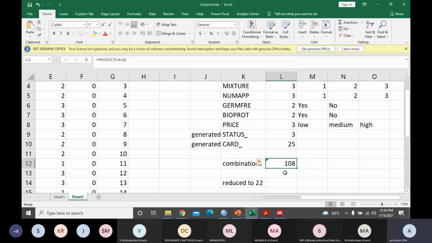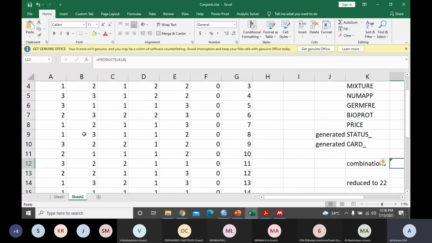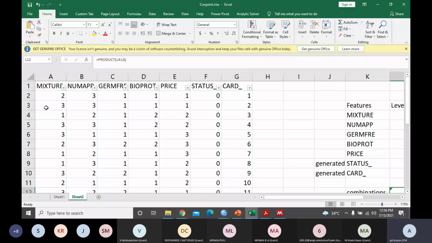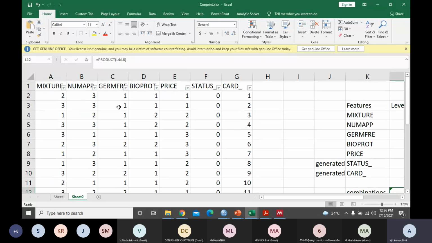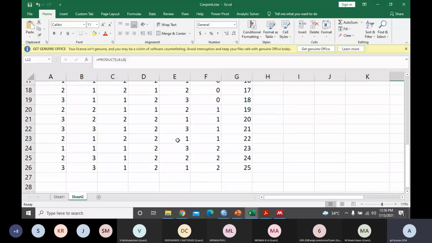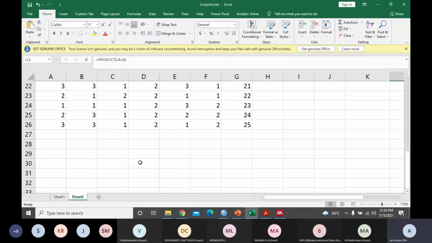Now, do we really need to make a questionnaire for all these 108 combinations and ask our customer to rank them? No. If you are going to use this orthogonal approach, we can reduce this. We can reduce to maybe only 30 questions, 30 combinations. That would be sufficient for conjoint analysis. And then we'll give all these different combinations to our respondents. So here you see only 25 combinations are selected.